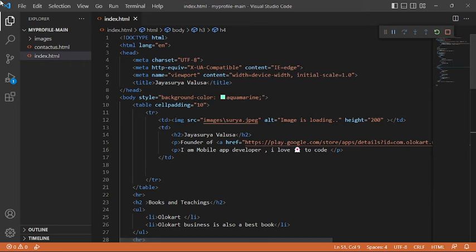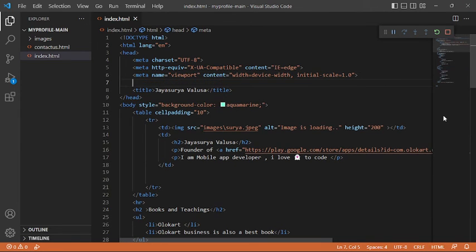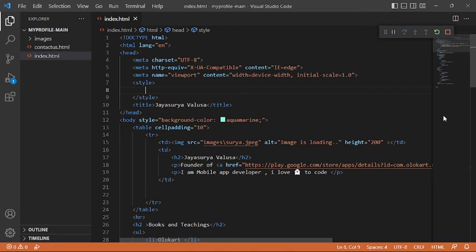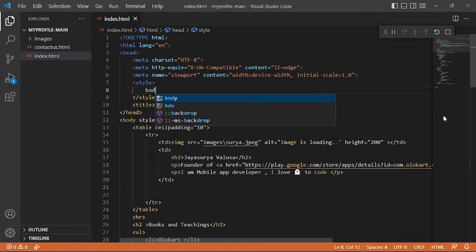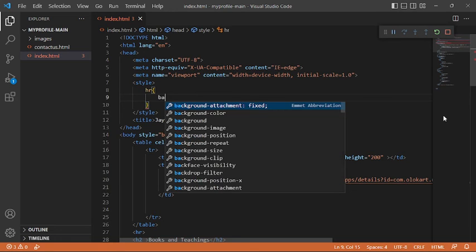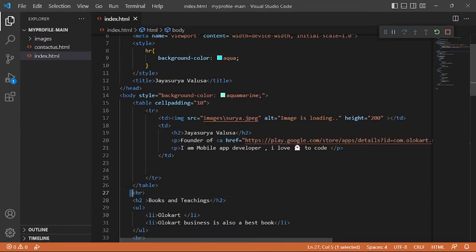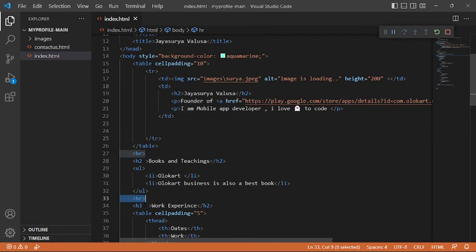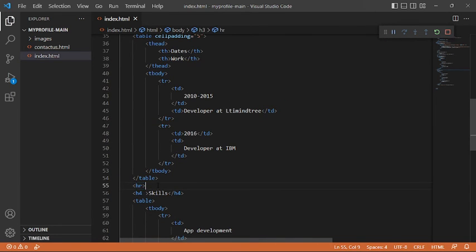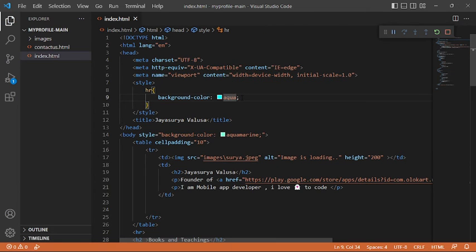Under internal CSS, what you will do is, inside the head tag, you will have a tag called style. Inside this, you can give your styles to tags. Let's say you can give body, or I will give it to h2, or the hr tag. I'll take hr, and inside this you can give your CSS. Let's say background color aqua. Now all the hrs, this one, this one, and this one, will become this color. Or I'll give a dark color, black. Now if I run,